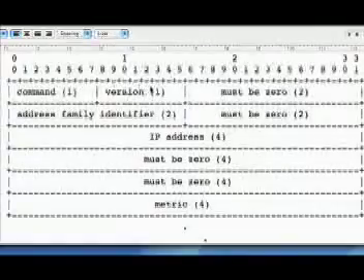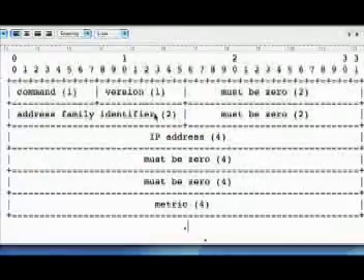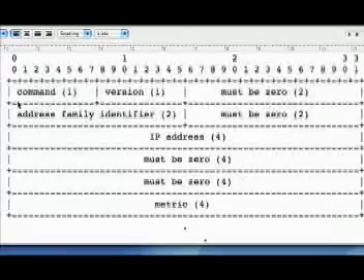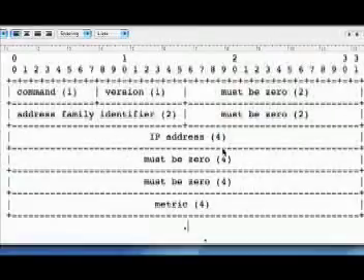We have the version number. Today we're talking about RIP version 1. We got 8 bits here, so we're talking about version 1. These 16 bits must be 0. The address family identifier is here. This is IP version 4 that RIP version 1 works with. And I think that's encoded as a 4 in here, but I'm not really sure. This section here must be 0, another 16 bits. Then we have our IP address of the route advertisement, and then we have 32 bits of zeros, and then